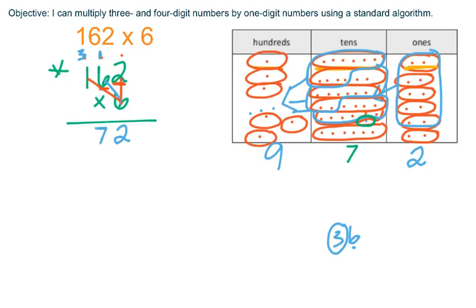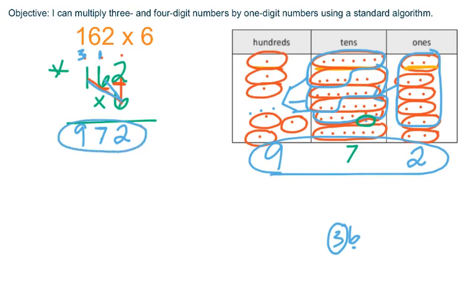And let's see if that matches up over here with our standard algorithm problem. We've got 6 times 1 is 6. 6 times 1 is 6. Plus 3, 7, 8, 9. Notice I've got 972. So when we're thinking about carrying and bringing over for our standard algorithm problem, the key is to remember